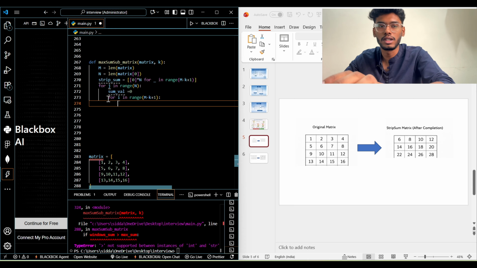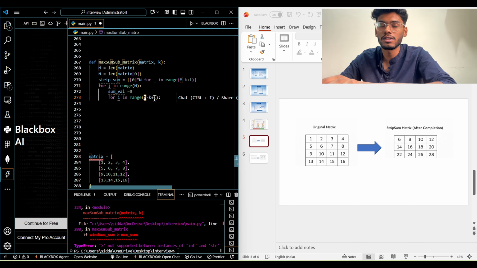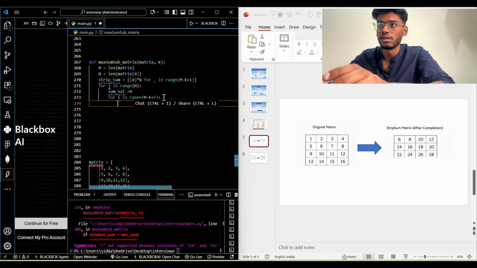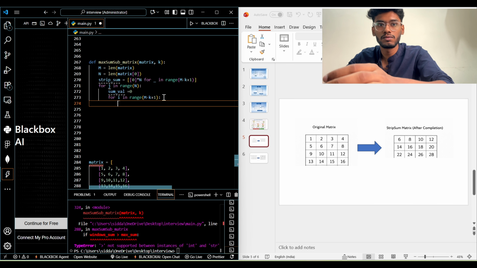So we are going to iterate. So m is 4 and k is 2. So 4 minus 2 is 2, and plus 3. So we are going from 0 to 2. So what we will do after going from 0 to 2,